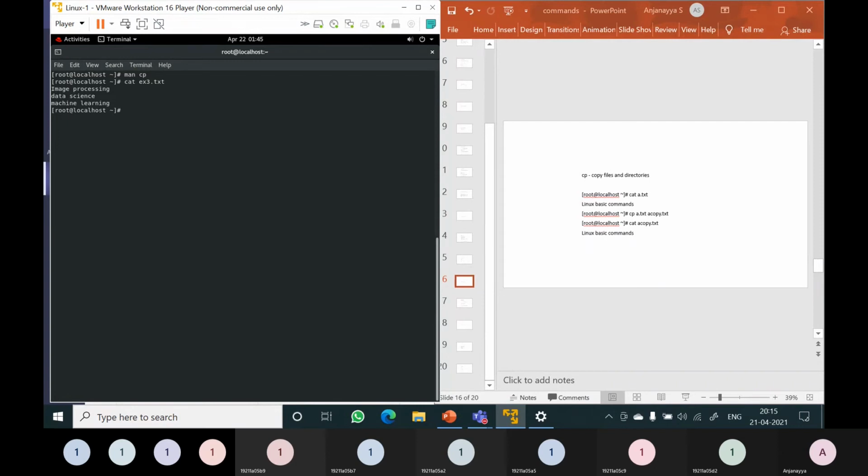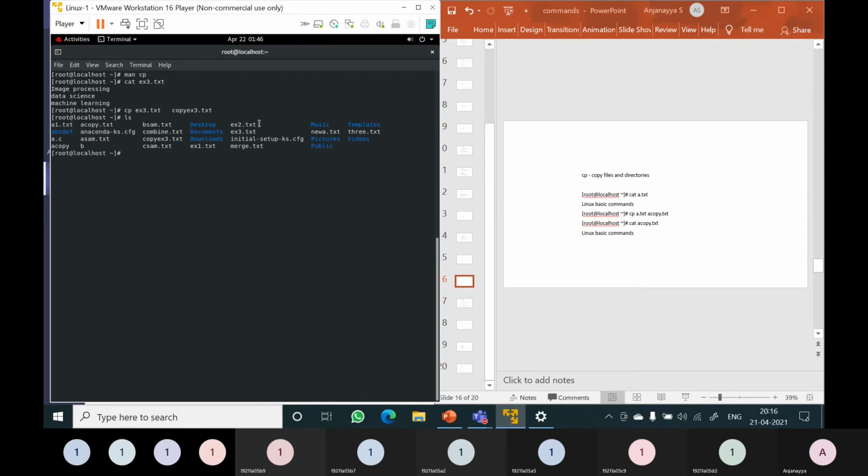Now I want to copy the contents of this file ex3.txt into some other file. So I will give the command cp ex3.txt, the source file. Now you have to give the destination file. The destination file I am giving is copyex3.txt. This is the new file name. It will be created, and it will have the contents of ex3.txt. Now enter.